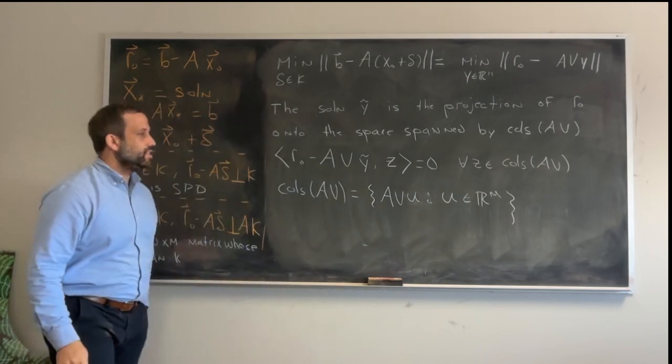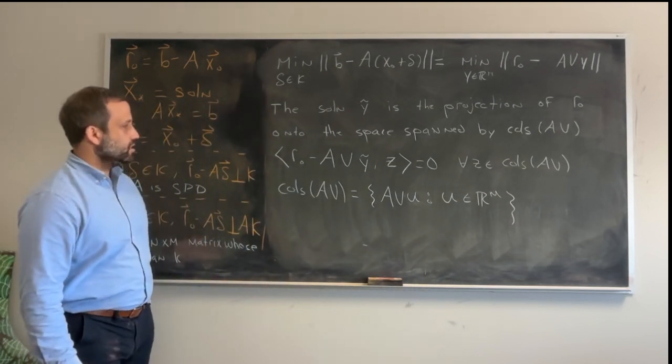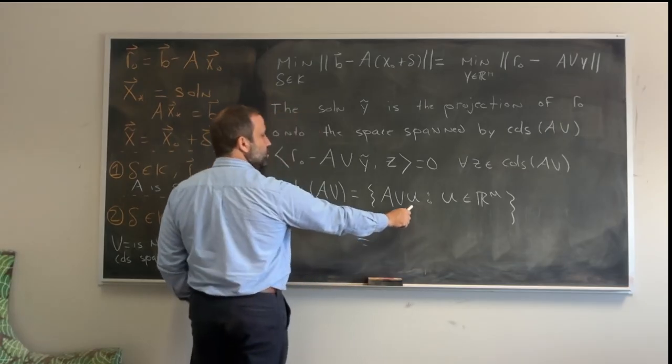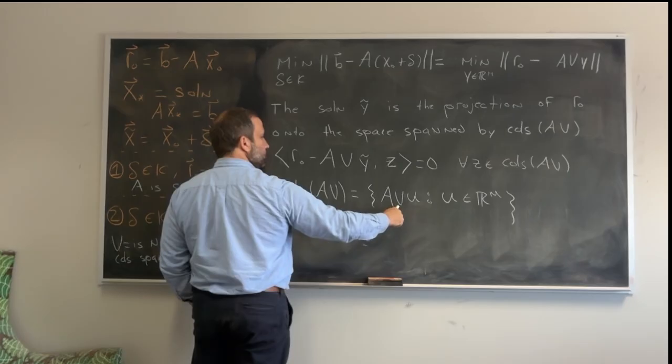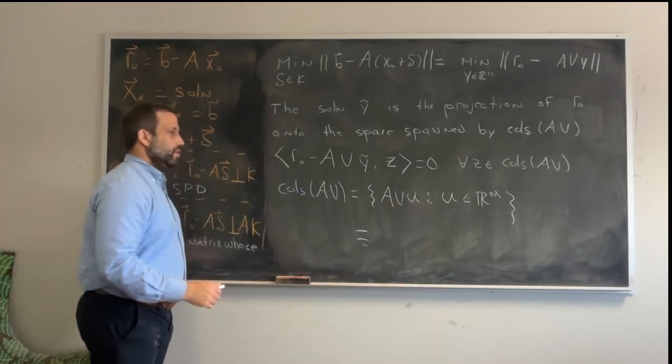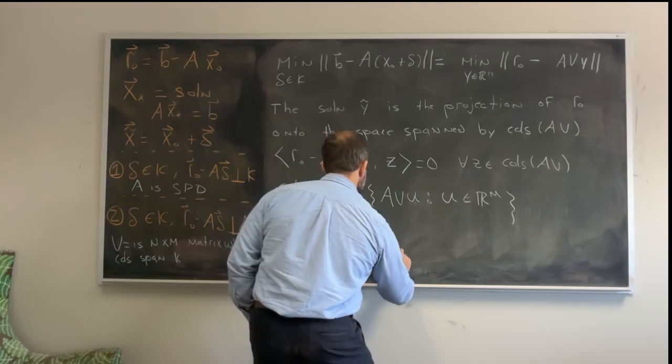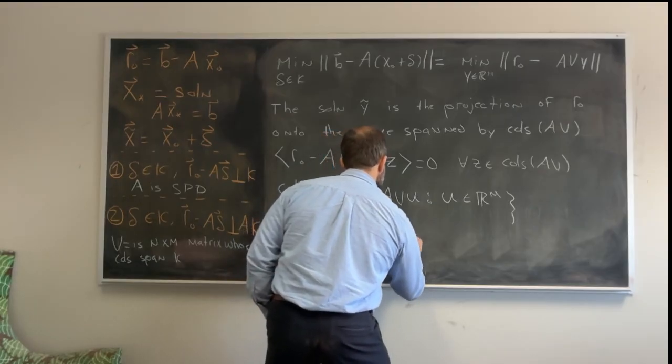That's just the definition of the column space, all of the linear combinations of the columns. But what is V times U? As U runs through R^n, V times U runs through the space K. So this is going to be equal to AV